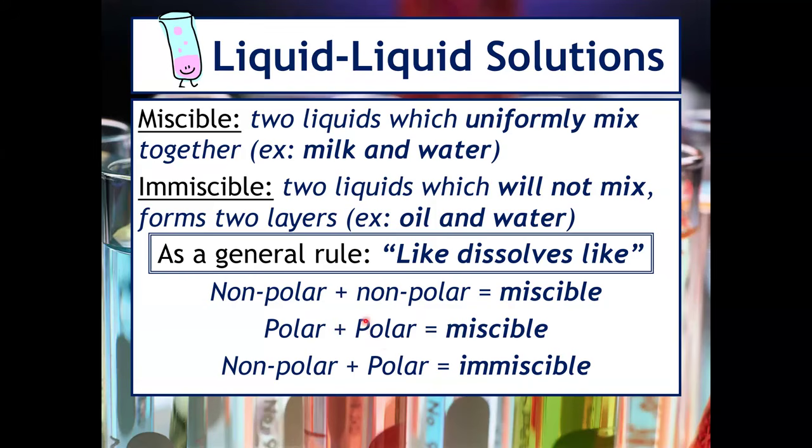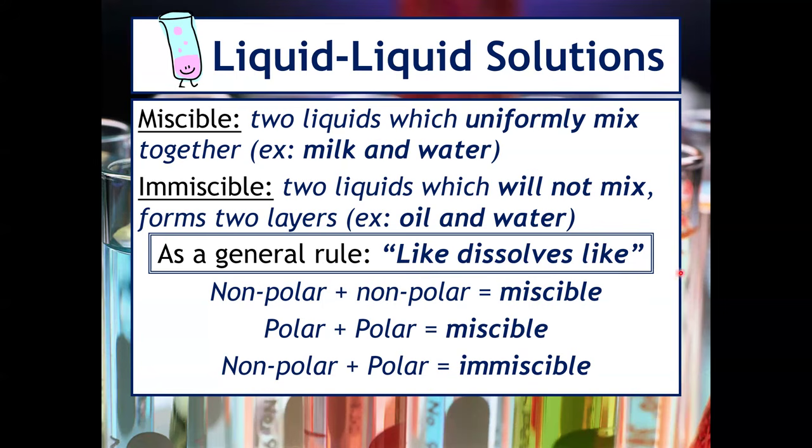So whether two different liquids can mix together or not is going to depend greatly on their polarity, which we learned earlier in the year. If two compounds are polar, then they will mix together. If the two compounds are nonpolar, they will mix together. But if they're different, if one's polar and one's nonpolar, or vice versa, they will not mix together, making them immiscible. Because again, as a general rule in chemistry, we say like dissolves like, and that's referring again to intermolecular